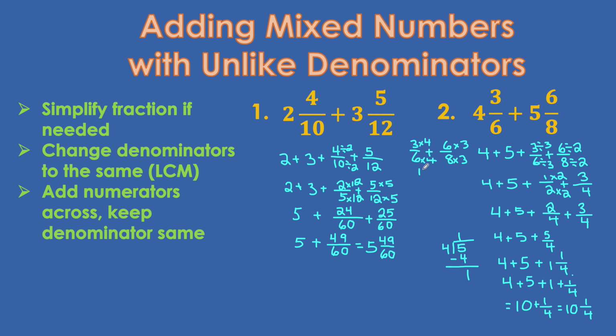We have 12/24ths plus 18 over 24ths, which should be 30 over 24,